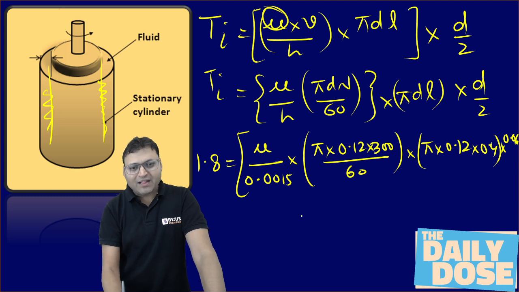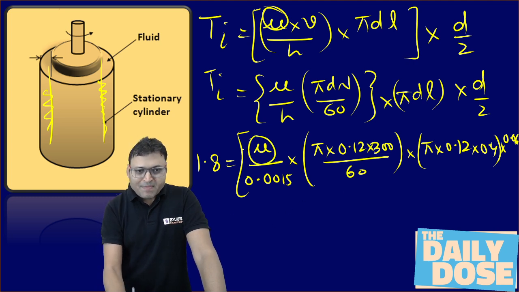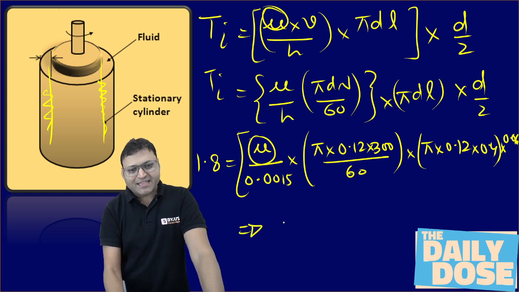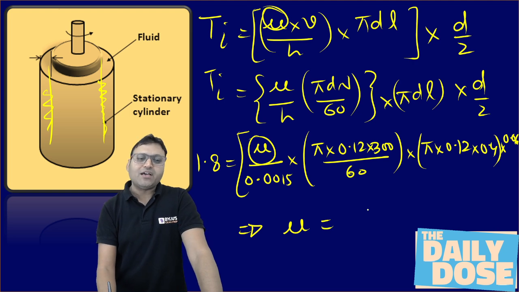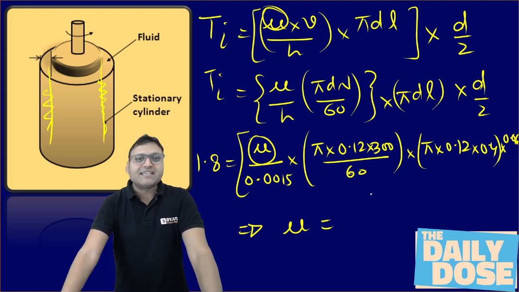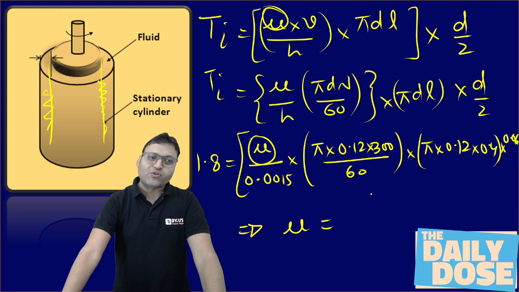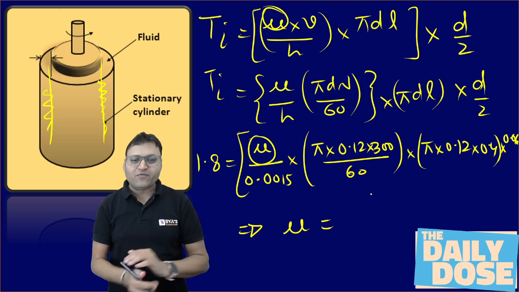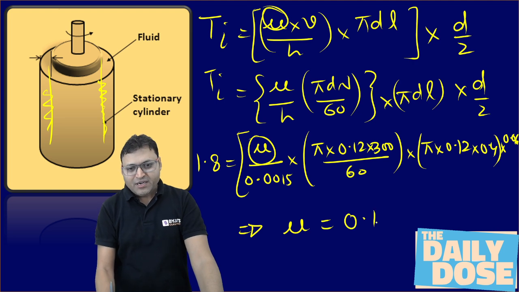So if you solve this without any calculation mistake, you will get the value of the viscosity of the unknown fluid. That is how Newton's law of viscosity is used in the viscometer to find the viscosity of the unknown fluid. It will come out to be